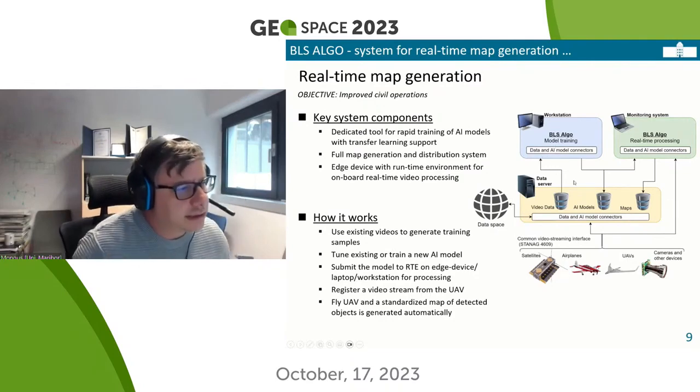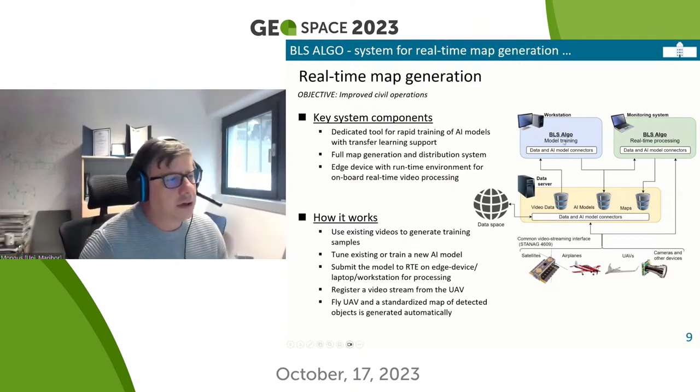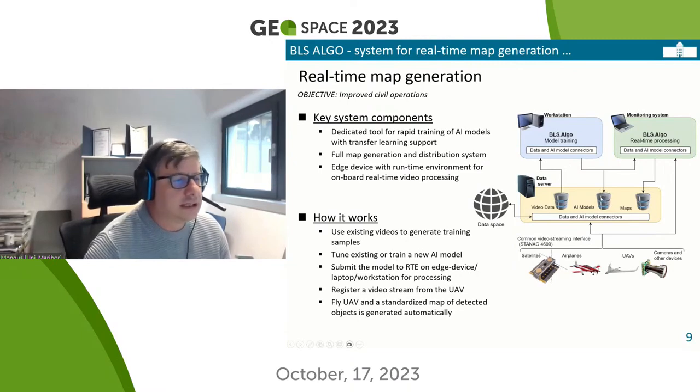This training model is then stored in the database of training models, where you can train it a little bit more if you are not satisfied with it, or you can use transfer learning principles to generate specialized models for recognition of particular things. And then this model can be used with a monitoring application, usually a laptop that the military uses